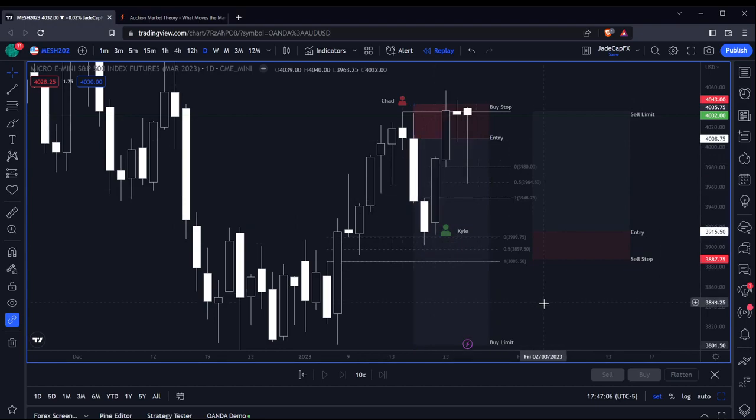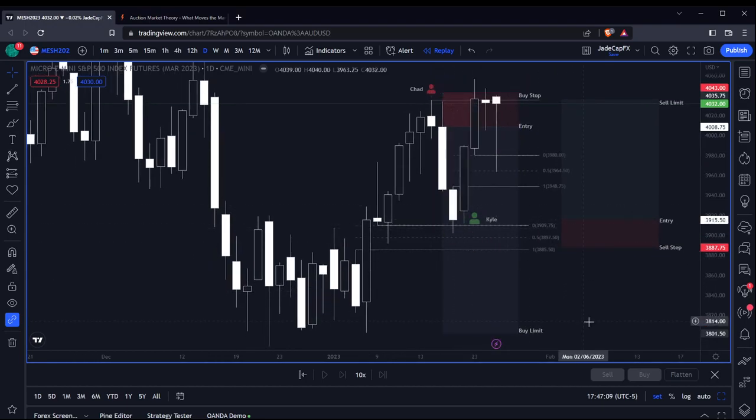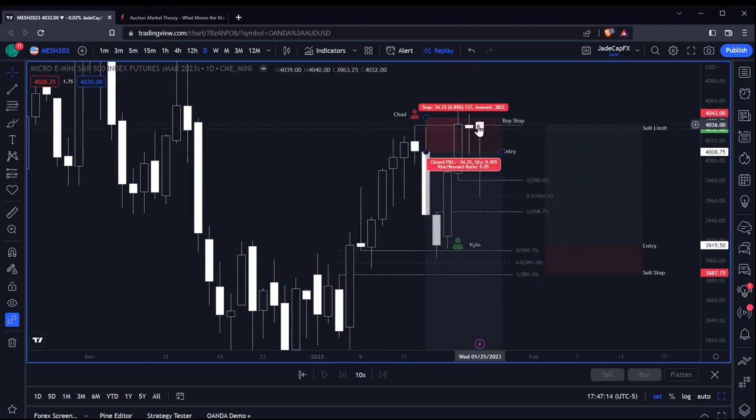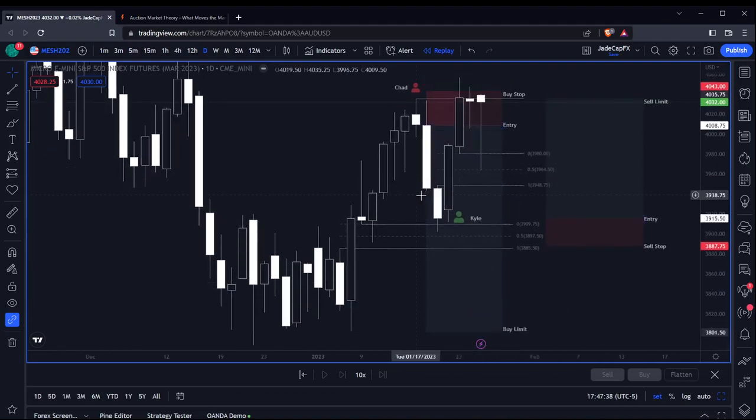So how is this trade facilitated? I'm entering in the market. When it gets up to my sell limit, whose buy stop is resting at that level? Chad's buy stop is resting above that high. So I can sell my position to Chad. He's taking the loss on the position, and I'm taking a win. All right, so this is the auction market. My order is being paired with someone else's order at a premium level.